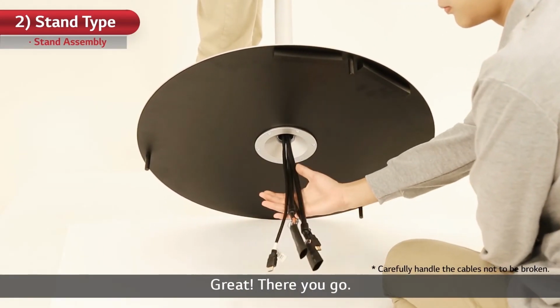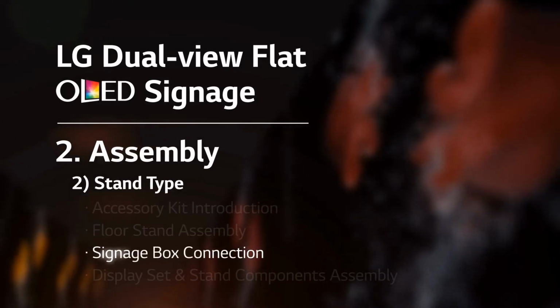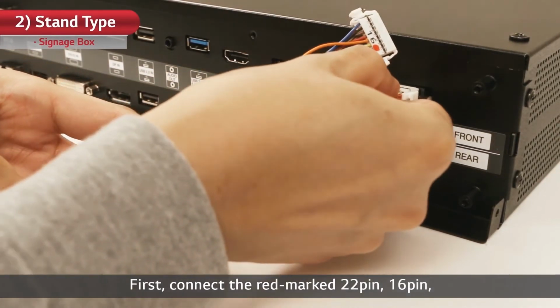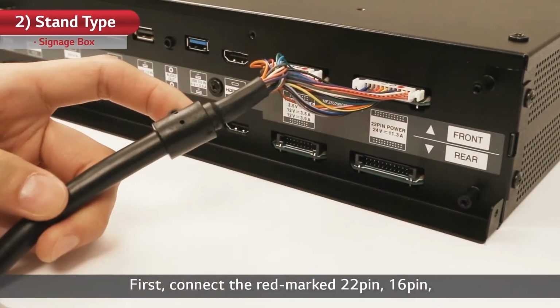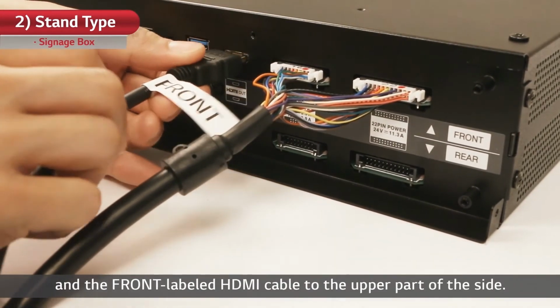Great! There you go! This is the next step, Signage Box connection. Let's connect the cables now. First, connect the red marked 22 pin, 16 pin, and the front labeled HDMI cable to the upper part of the side,